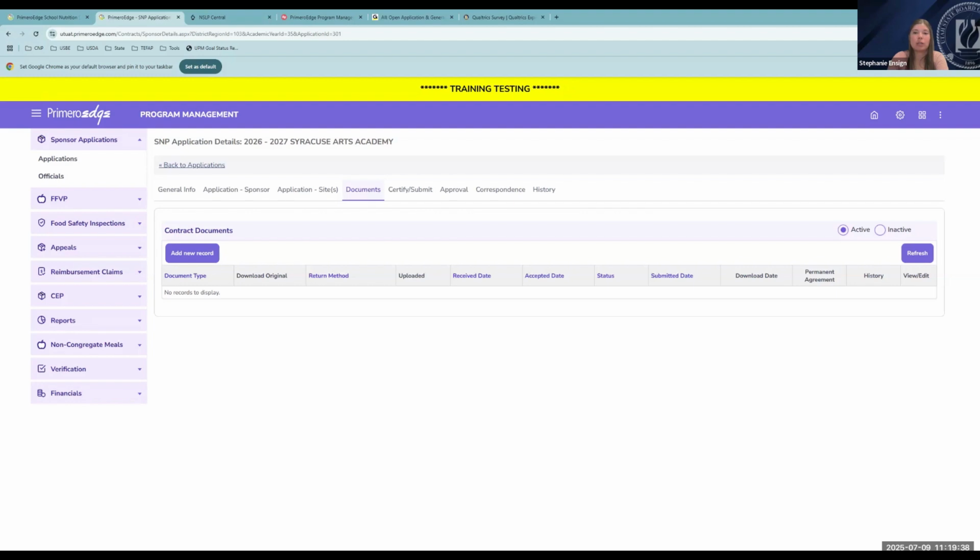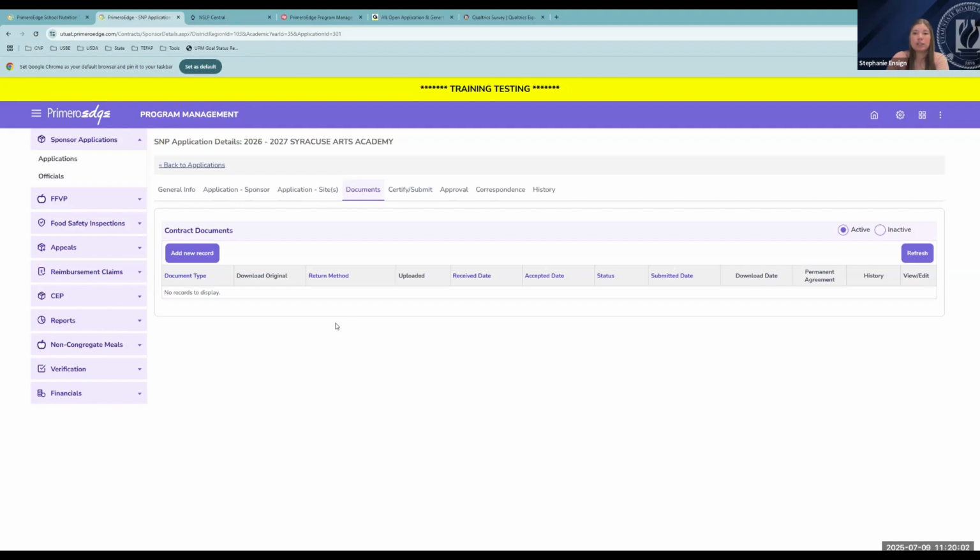for those documents. And so I'm going to go over how to do it right now, but I'm not going to give you any dedicated time to work on it today because you'll need to involve other people in your LEA in order to get those documents signed. But I am going to go over which ones are required and how you can find them. So to submit contract documents as part of the school nutrition program application, you're going to click on the Documents